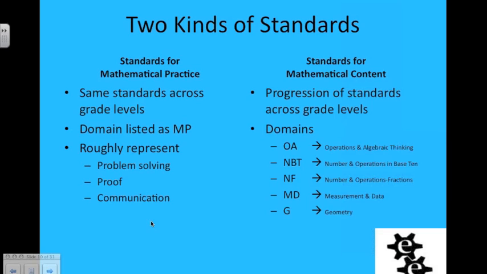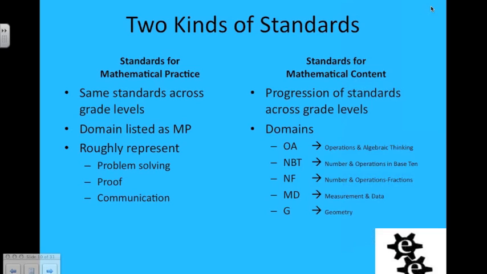So there are two broad categories of math standards with Common Core. The first one is mathematical practice, and those don't really change. They're the same across grade levels, just listed as an MP standard on Common Core standard sheets. Roughly speaking, they are problem solving, proving things, and communication. The other side is